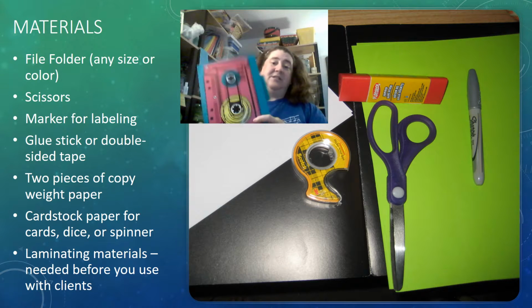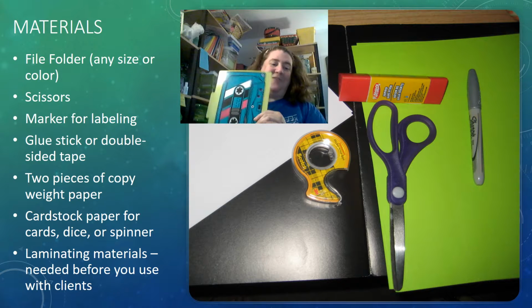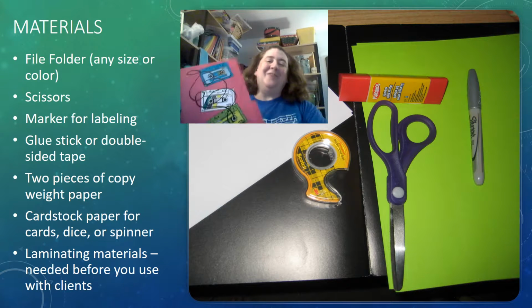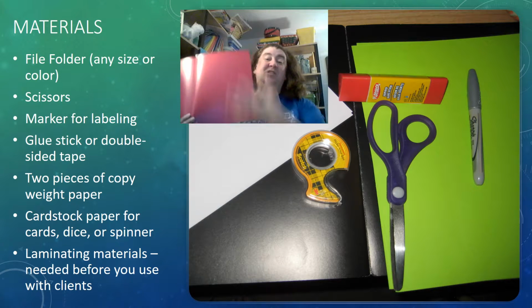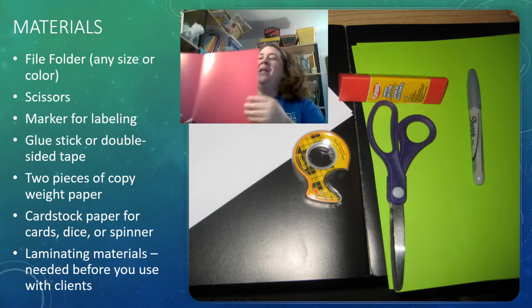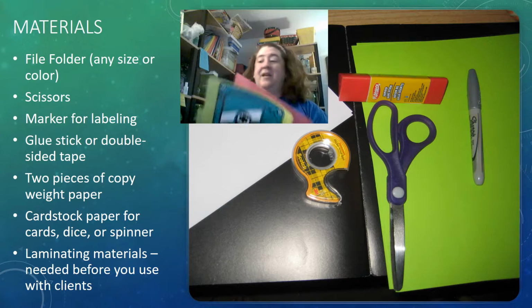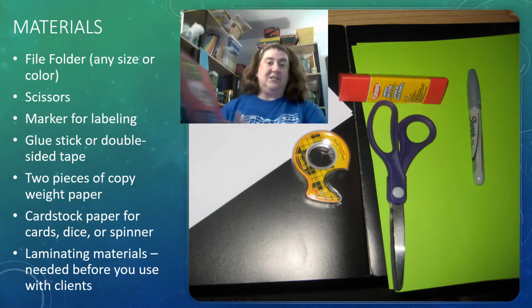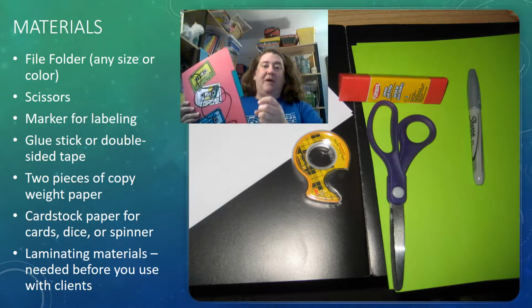I'm going to be using some relatively weirdly designed file folders here for a couple of reasons. First of all, these offer really good contrast on the inside, so you'll be able to see what I'm doing. But secondly, these do not fall into any of my color coding organization systems. And so what that does for me is that I can look for these, pull them out quickly, and know